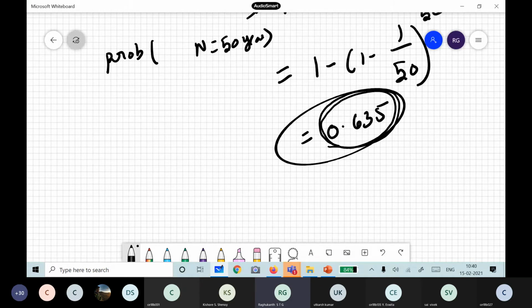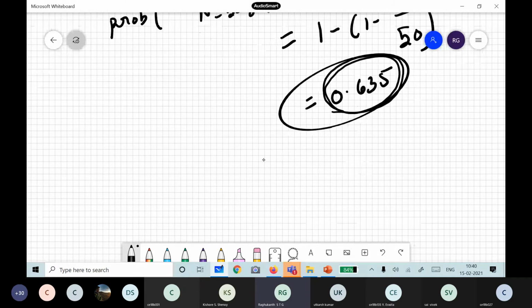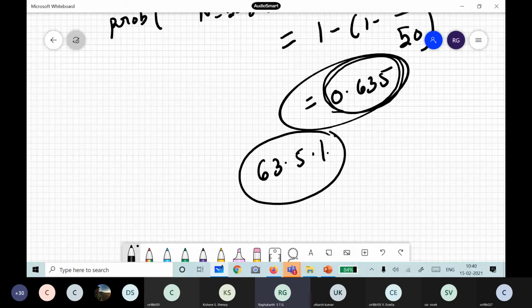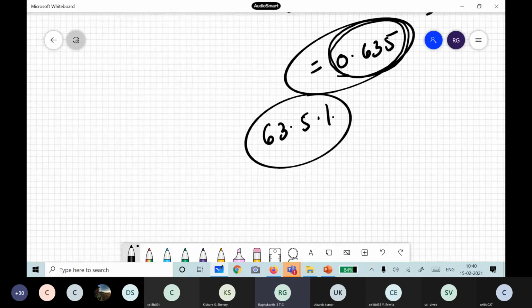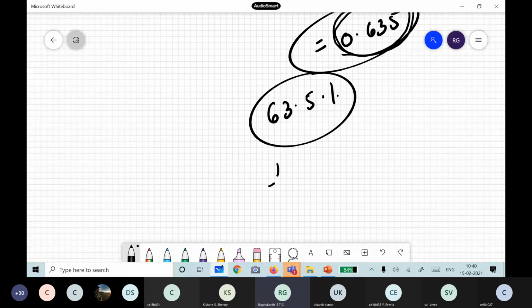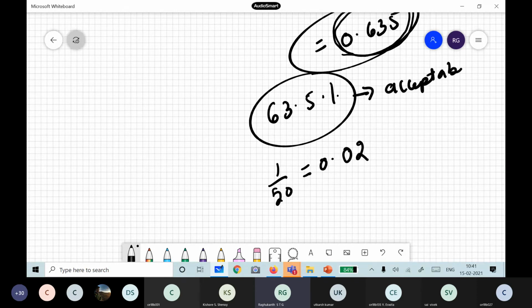Now you can see here, it is 63.5% actually. So this is the probability of risk for 50 years. In 1 year it will be simply 1 by 50 itself, so 0.02, which is very low for 1 year. As exposure time increases, my probability of risk also increases. So our wind code says that this is an acceptable risk. You followed, so this is an acceptable risk.